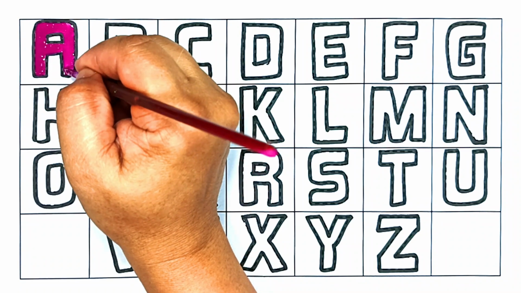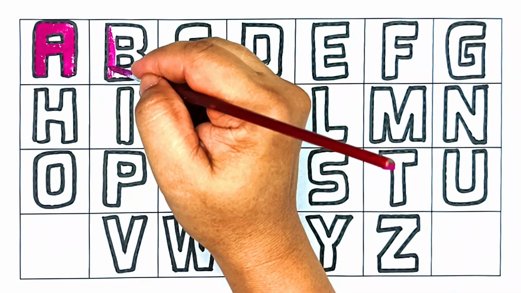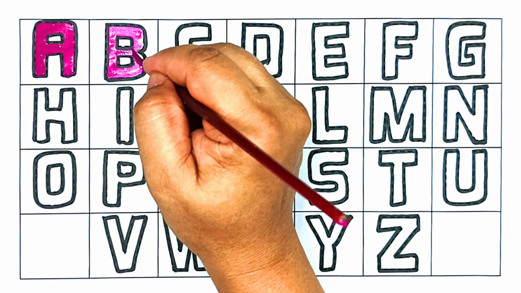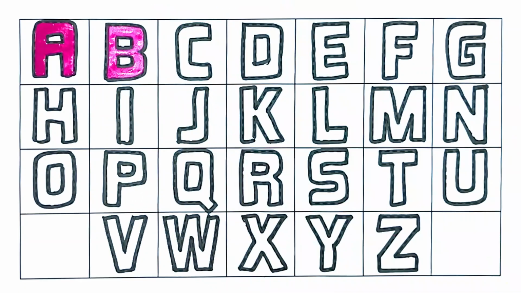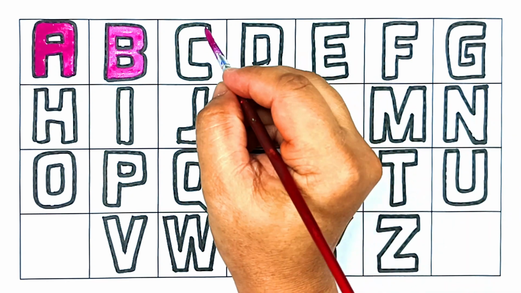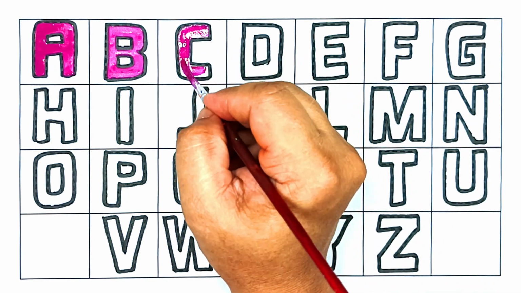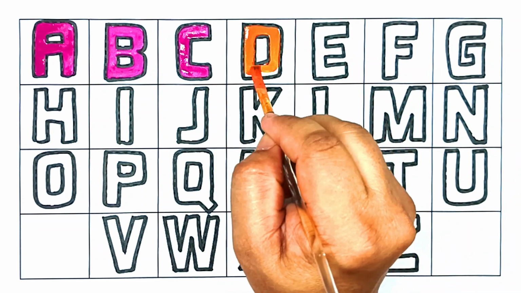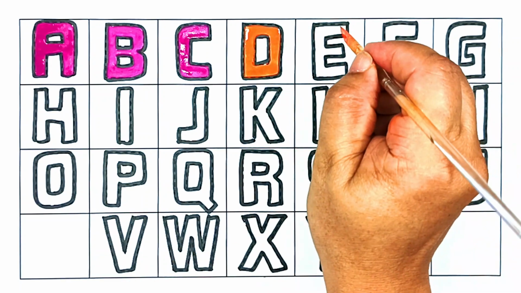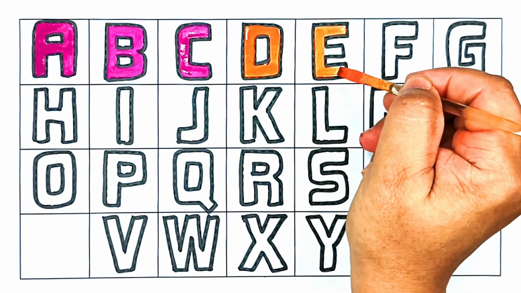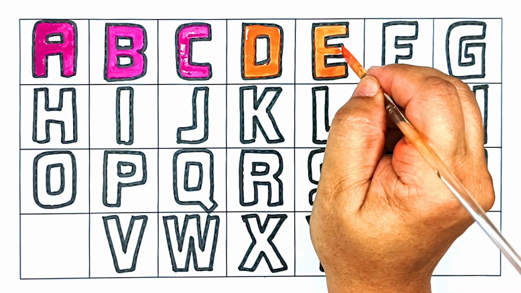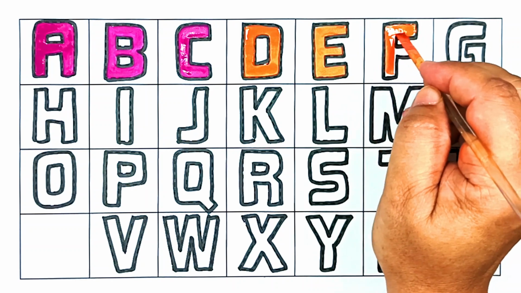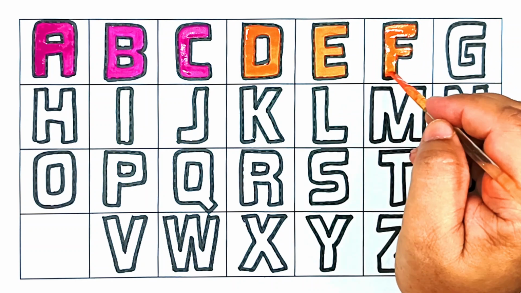A for apple, A for apple, B for ball, B for ball, C for cat, C for cat, D for doll, D for doll, E for egg, E for egg, F for frog, F for frog,